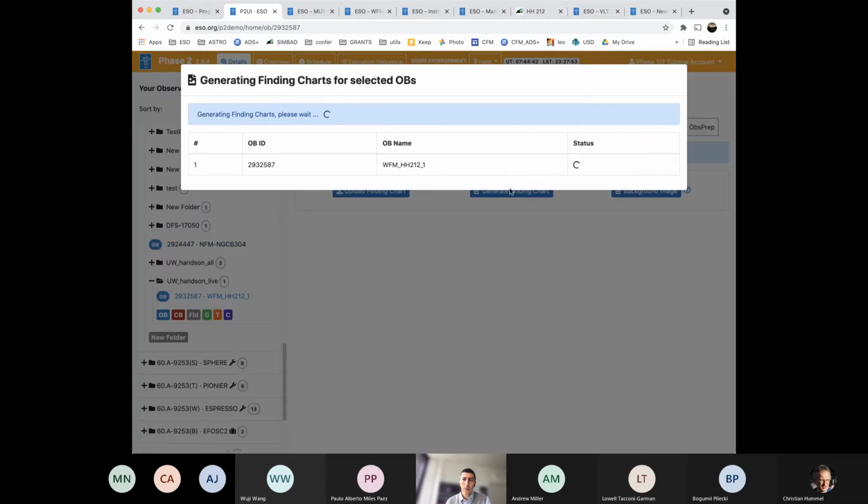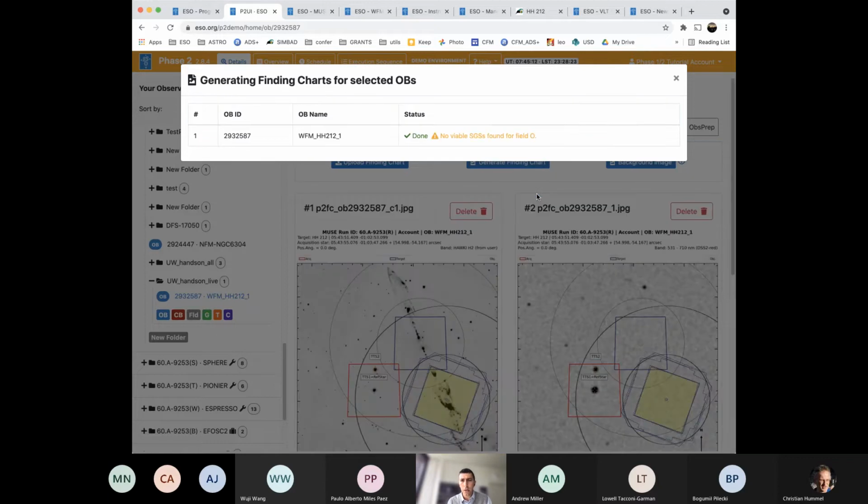Finding charts allows me to generate finding charts based on the observations I put in the OB, in the acquisition template, and in the science template. So this is automatic, and in a case like the one I just showed, where I have uploaded a background image, this automatic tool will generate a number of finding charts, including one using the image I uploaded. So you will see that in a few seconds, this finding chart is generated. It has a status green done, which is good,